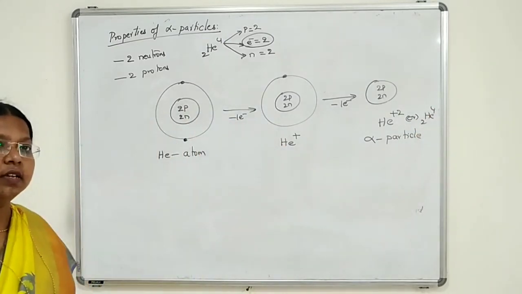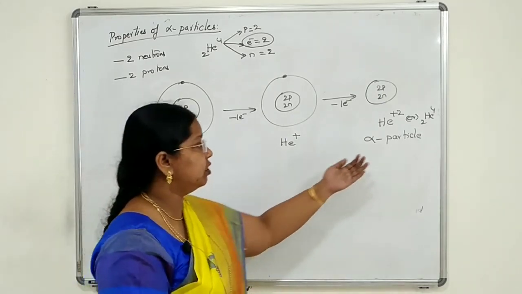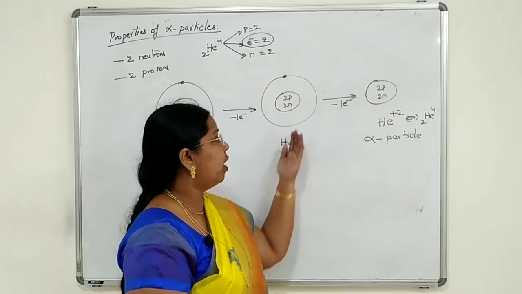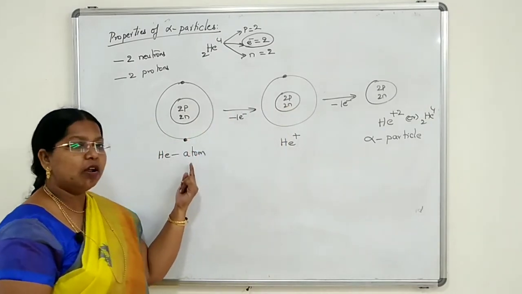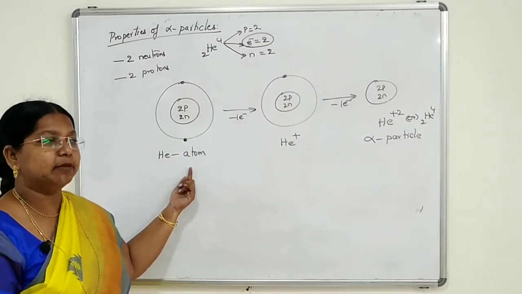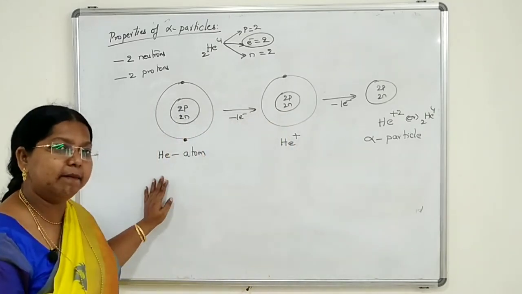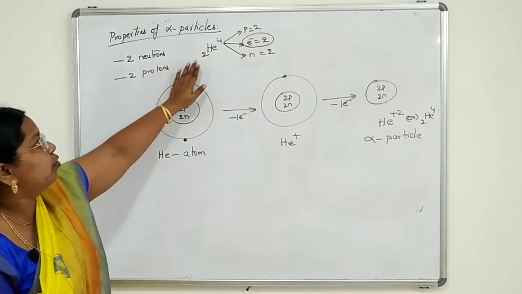Clear, students? Suppose you add 1 electron to an alpha particle, what happens? If you add 1, you will get unipositive helium. If you add 1 more electron, you will get a helium atom. If 2 electrons are added to the alpha particle, you will get a helium atom. Clear, students? So that is the reason we said that this is